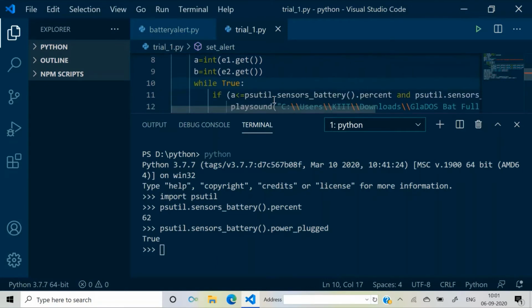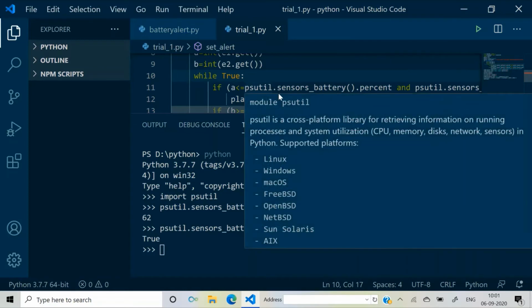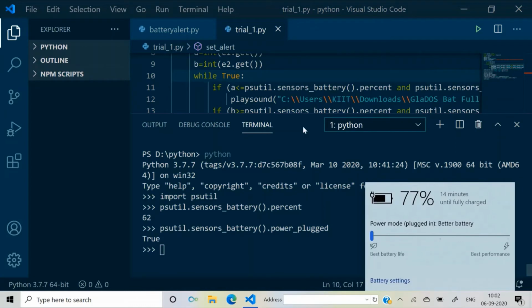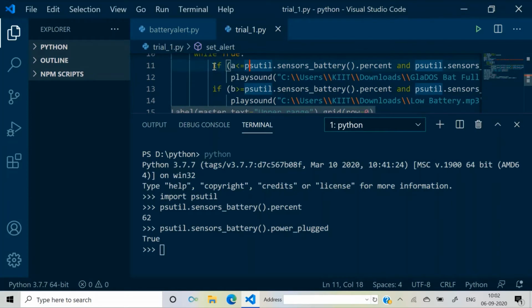After that we run a while loop. While True means an infinite loop, because we have to keep an eye on the battery life, on the system percentage. So these four lines of script will continuously access the battery percent and work accordingly. The line psutil.sensors_battery().percent returns the battery percentage. If you run this line now,